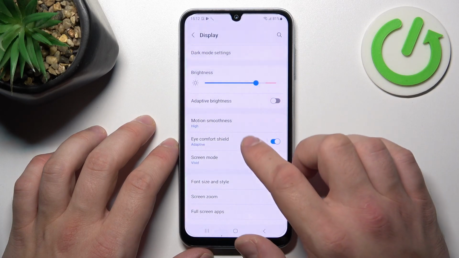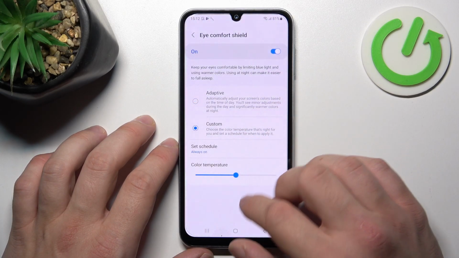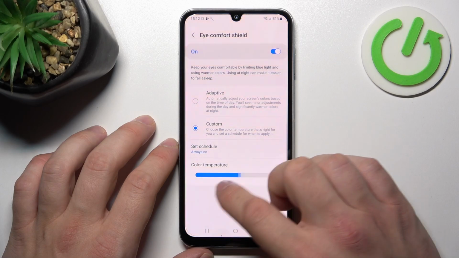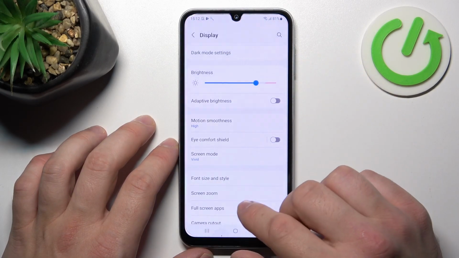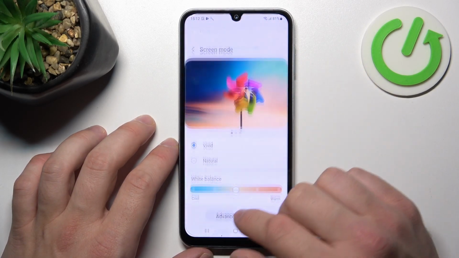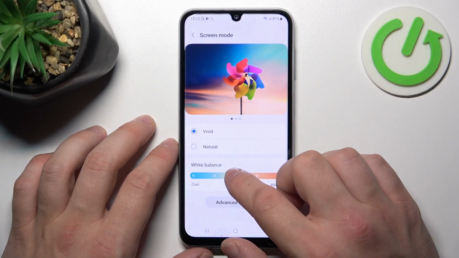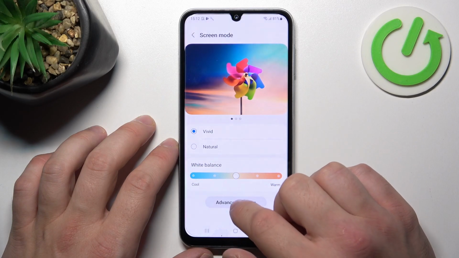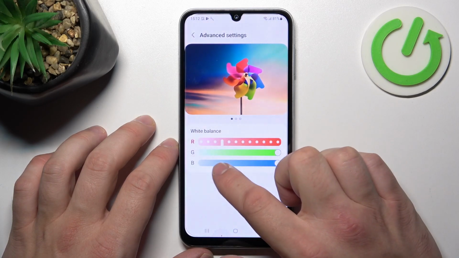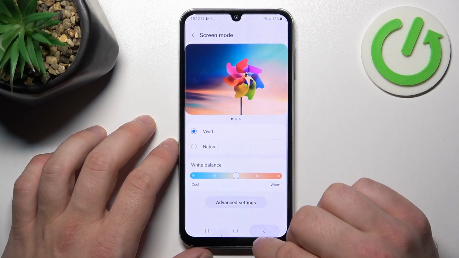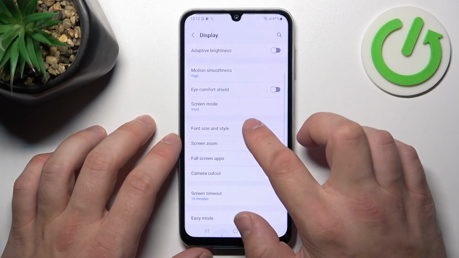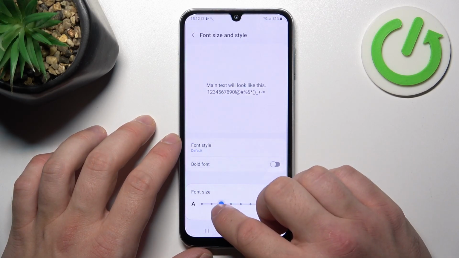Then we can enable eye comfort shield, schedule it and adjust its temperature. Then we can change screen mode between vivid and natural, adjust white balance and color of the screen. Then we can change font size and style,